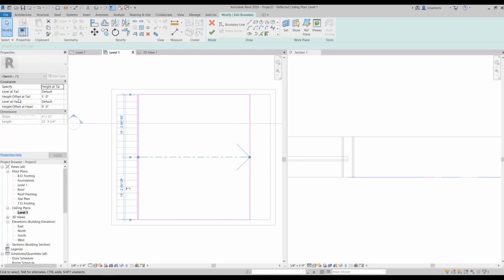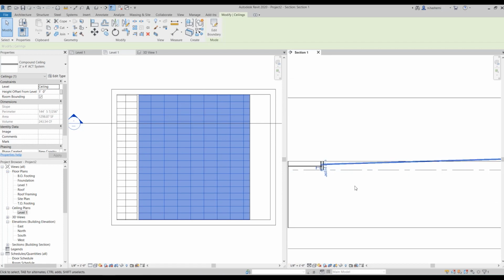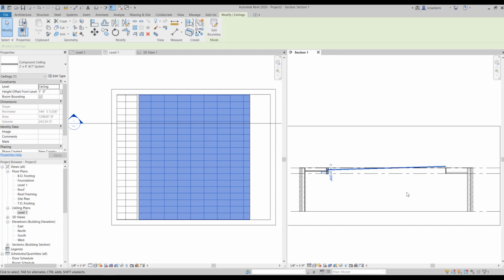So I'm going to set the offset at tail to 0, and the offset at head to 1, and hit apply. And then hit check. Okay, and it's done. So we have a slope ceiling.